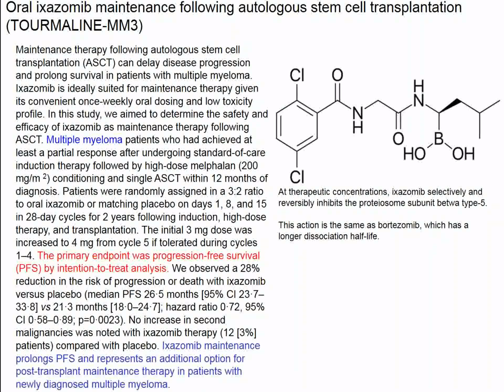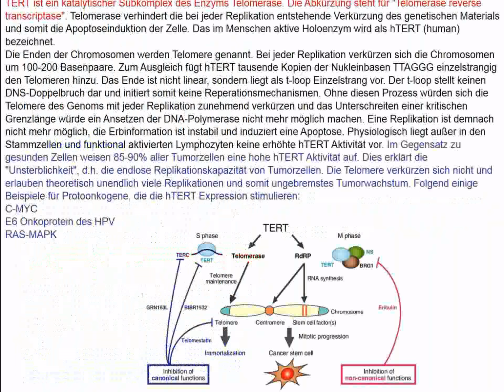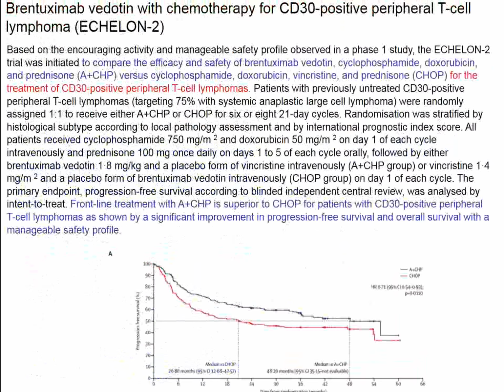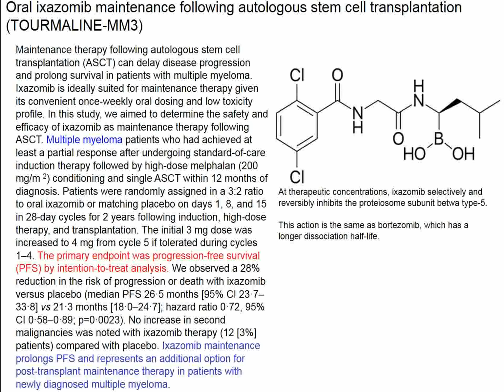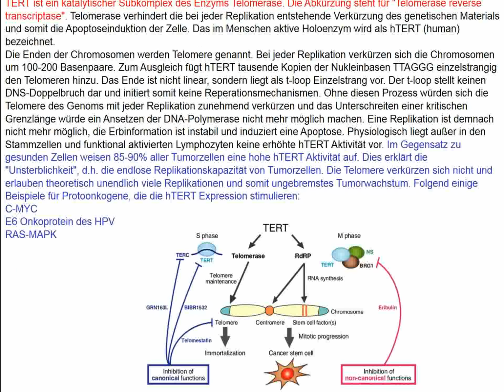So these were patients with new multiple myeloma that were subjected to autologous bone marrow transplant, and then they got ixazomib or placebo in terms of whether or not relapse was inhibited, and it was. So ixazomib is an orally effective bortezomib, and it might help patients with multiple myeloma. Now, the next paper